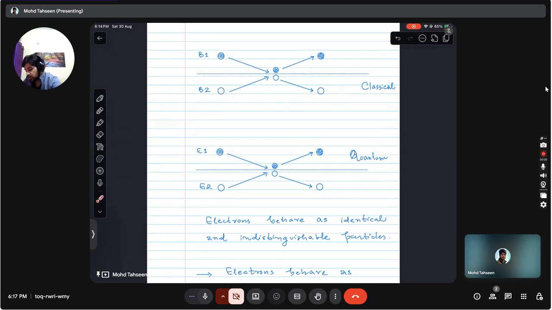So that's the difference we need to account for in our models, and the statistics which will be built upon treating the electrons as indistinguishable particles, that is what is going to make the difference between the outcomes of the Drude model and the Drude-Sommerfeld model.